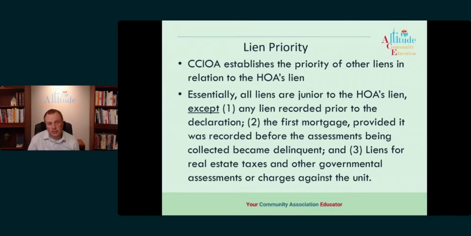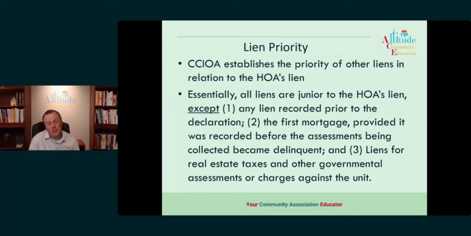So essentially all liens are junior. Well, in this case, the HOA's lien is typically at the top, but it's a bifurcated lien. So you guys have all heard of the super lien. The super lien is part of our statutory lien. We have the super lien only is an amount for 6 months. So if the owner is delinquent $10,000 and they have $100 monthly payments, your super lien is for $600. That $600 sits on top of the first mortgage. Then you'd have the first mortgage. Then you'd have the rest of the association's lien. So in our little example, $9,400.